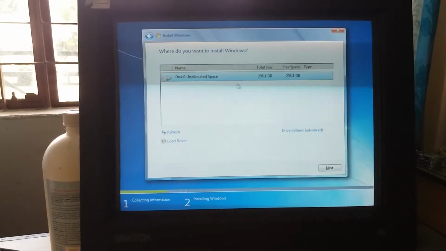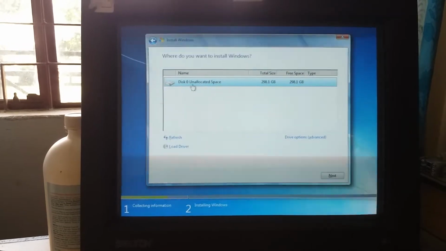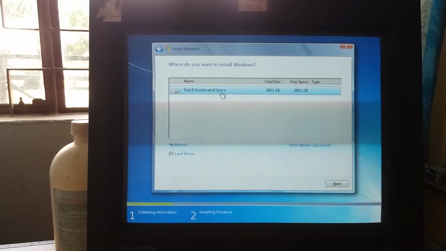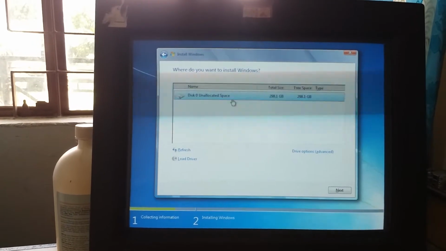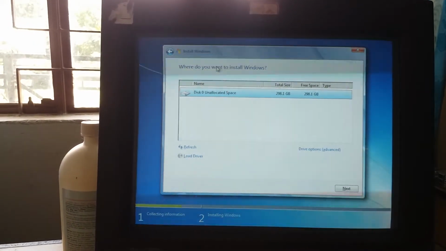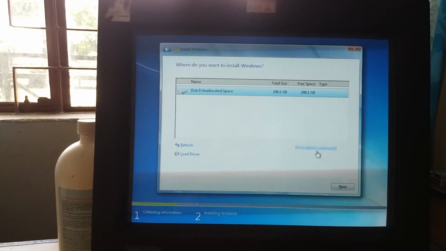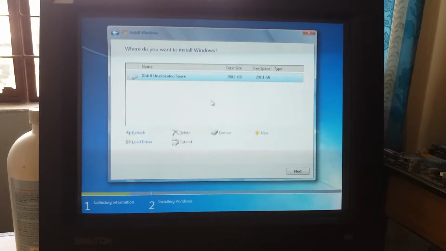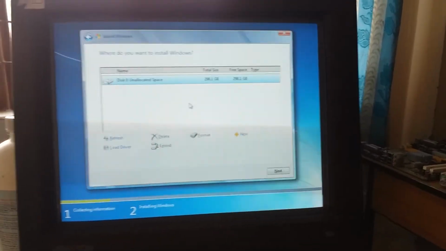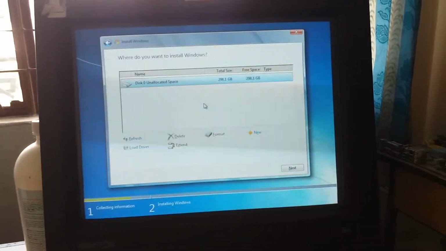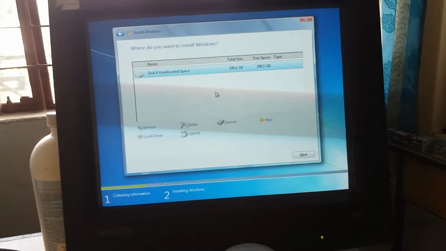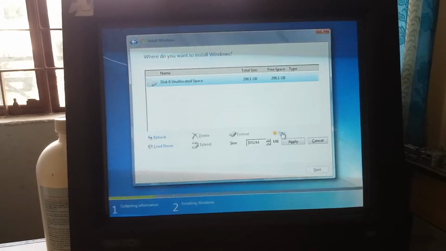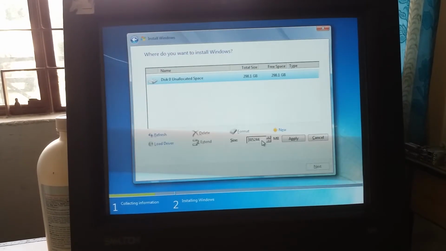You can see here there is no volume partition, only a single disk volume, which is unallocated space. Now you can go to the drive options and to the partition. Now I'm going to show you how to do the partition. Let's take an example. I want to create a 150 GB C drive.